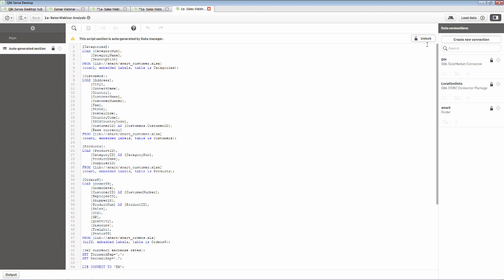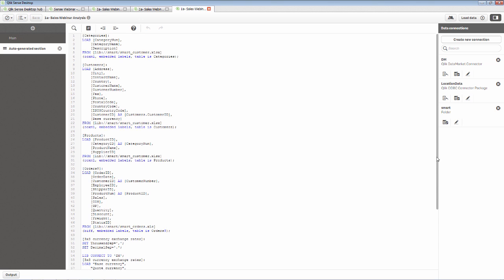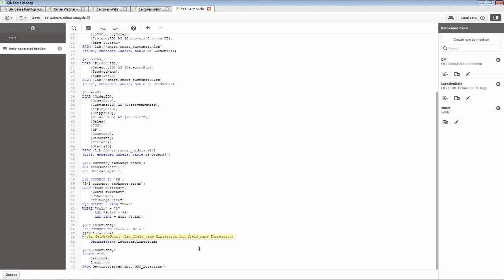Okay, well, what I'm going to do is unlock this script because I want to make some additional changes, and the changes that I need to make here are at the locations data because we require a key that's in a format that is defined by this function called geoMakePoint. So when we take our latitude and longitude in, we basically create an alias. I'm just going to call it location key,